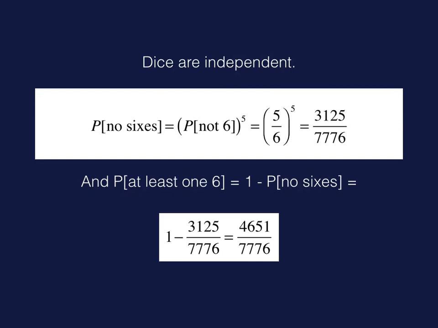But again, this is a trick that's really useful if you see the words at least one something happening. So you don't want to add up a whole bunch of different probabilities that you have to figure out. It's much easier to find one probability, the probability of 0 6s, and then do 1 minus that. And that's a useful little trick. Okay, so